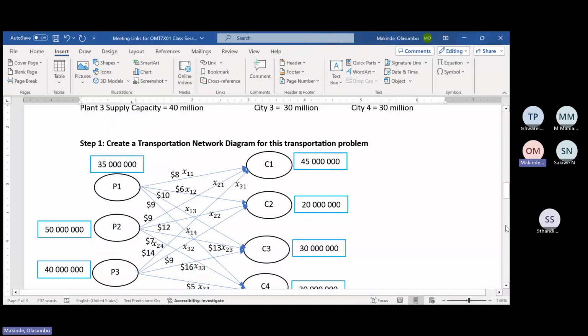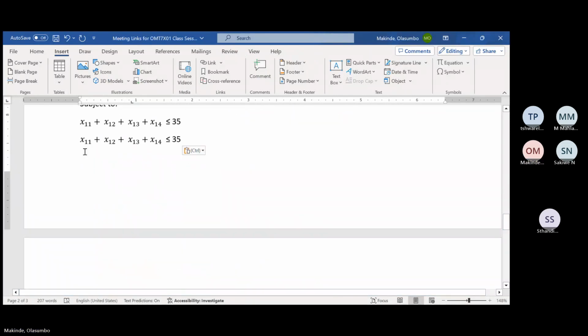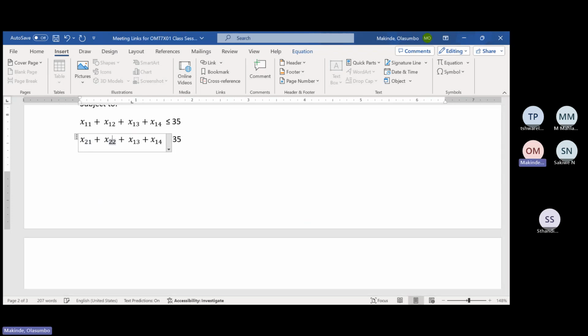Hence, you see why the network is very important for you to see how to write the expression correctly. X21 plus X22 plus X23 plus X24 should not exceed the